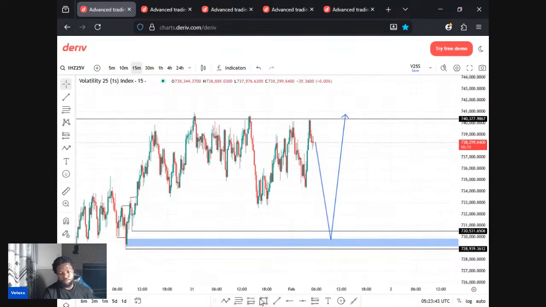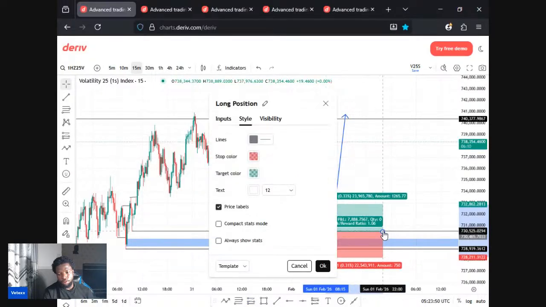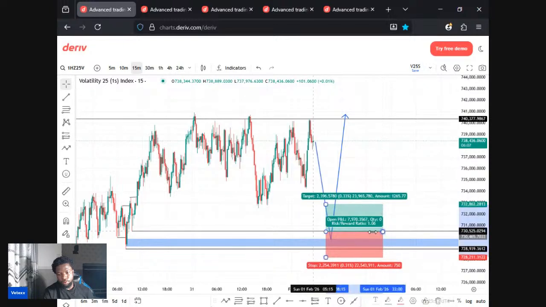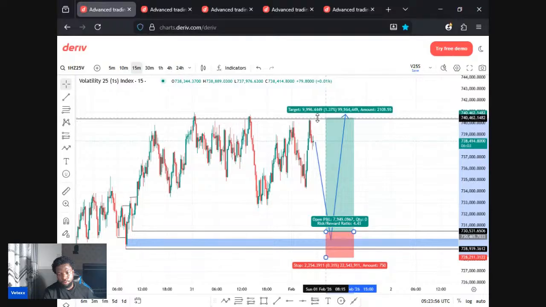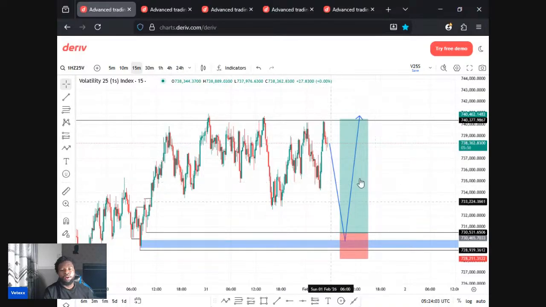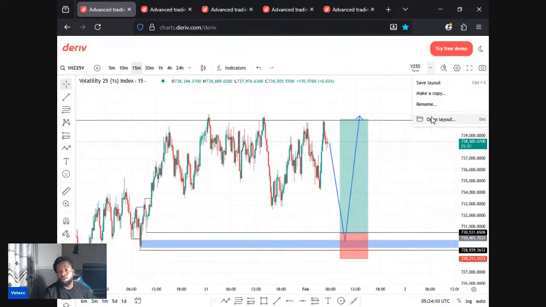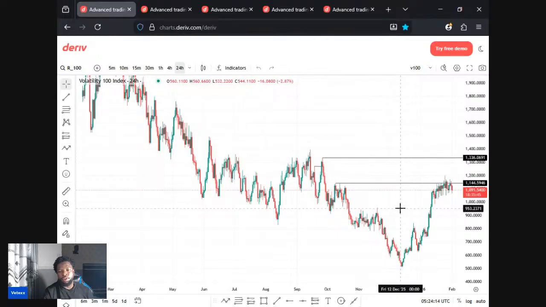So this is what we're anticipating on V25 1S. Okay, so this is exactly what we're anticipating. So this is what we have on V25 1S. So let's check the next pair. So far we haven't gotten any good setup on any pair at the moment. So let's check